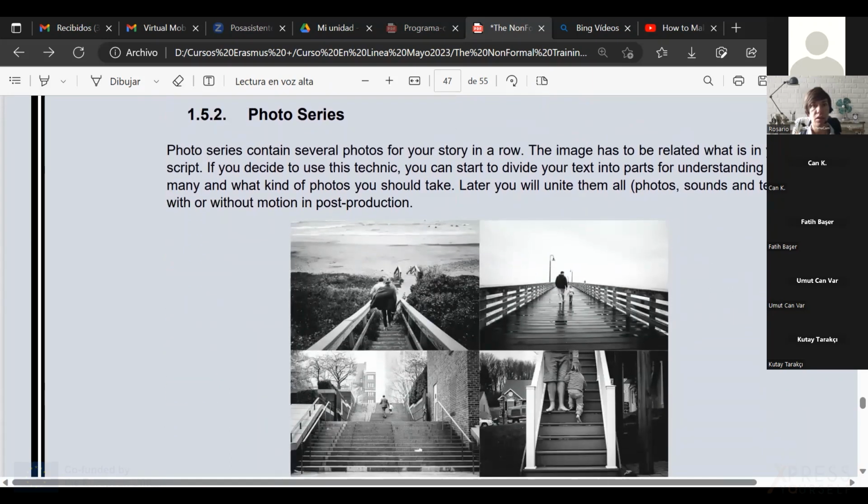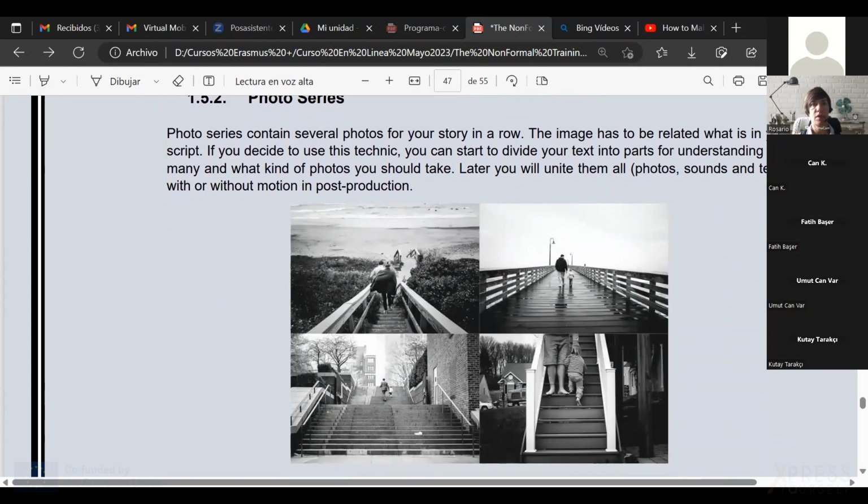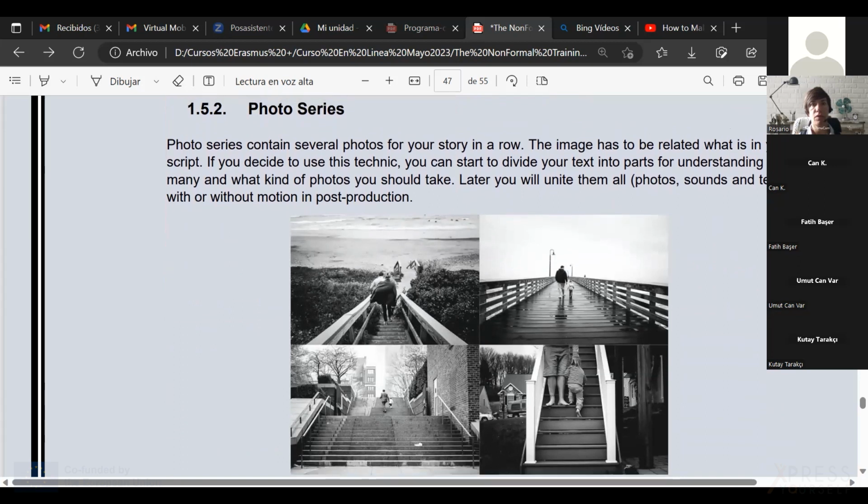And then you can go to the photo series, right? It is several photos of related things. So the images have to be related to what you say again, and you can start to divide your text into parts for understanding how many and which kind of photos you should take.